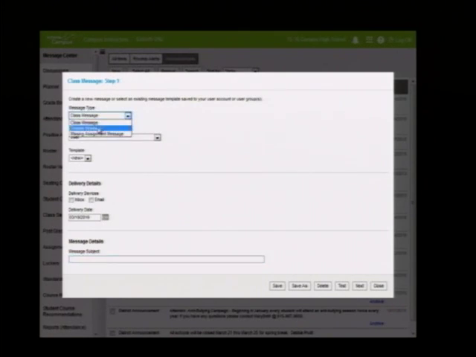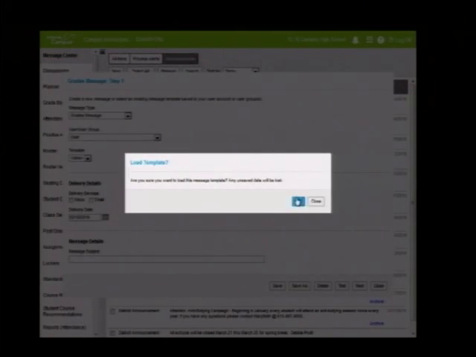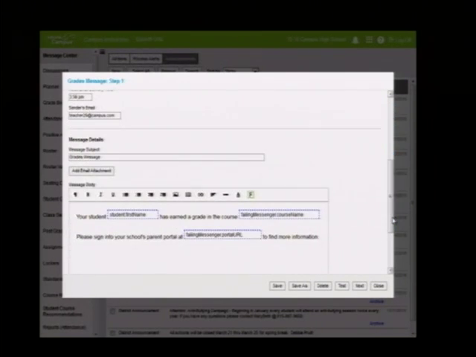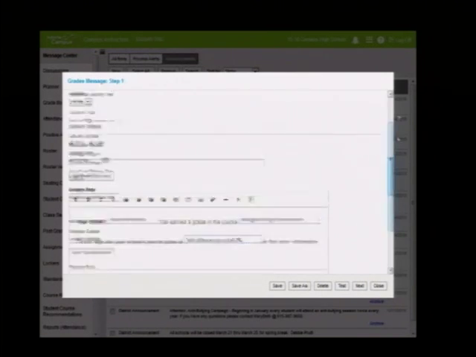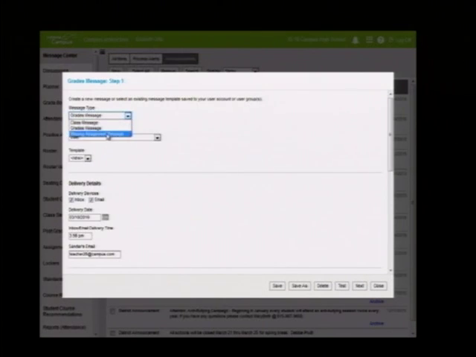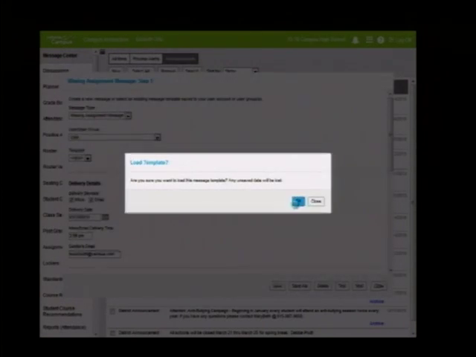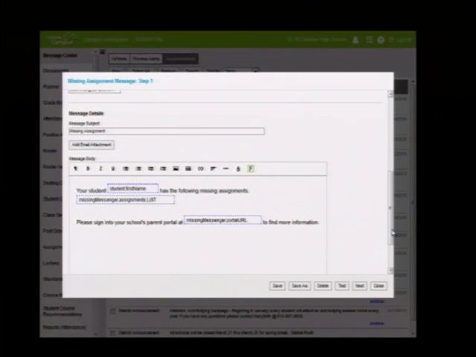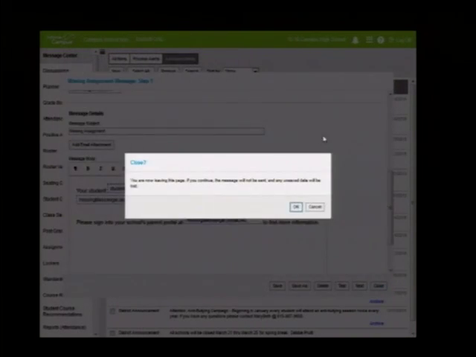But you also see I can do a grades message as well, meaning that I can actually send a failing grades notice to my parents based on the data that's captured in my gradebook. Okay? And last piece of a message would be I can send a missing assignments notice. And again, this is using data from my gradebook, so I don't have to do anything separate or special to send this kind of information out. Okay?